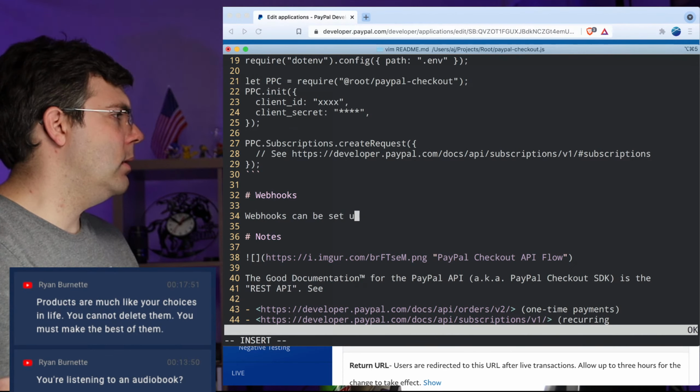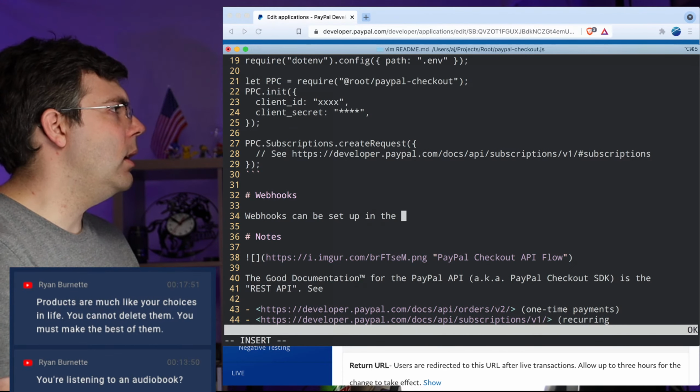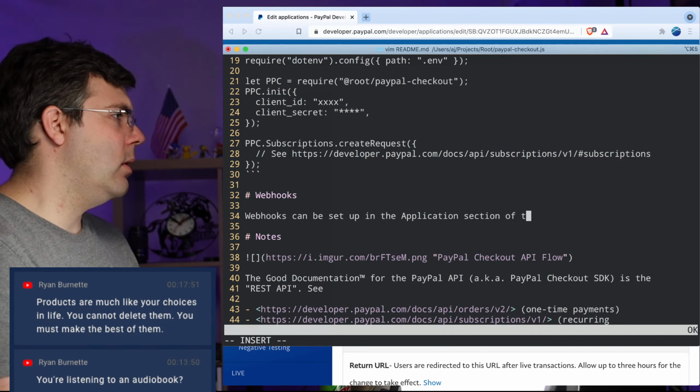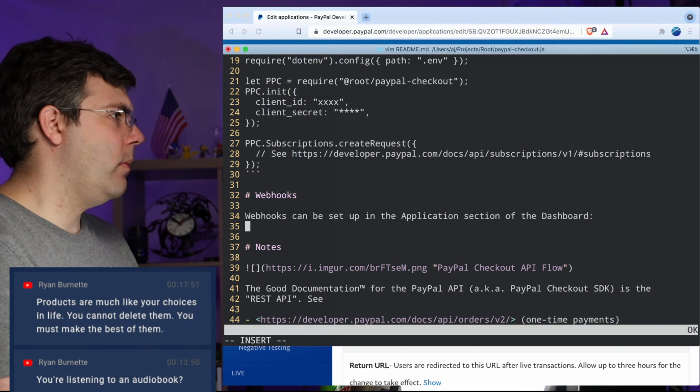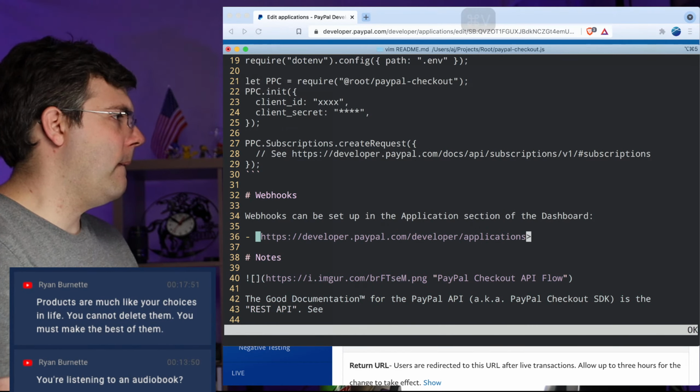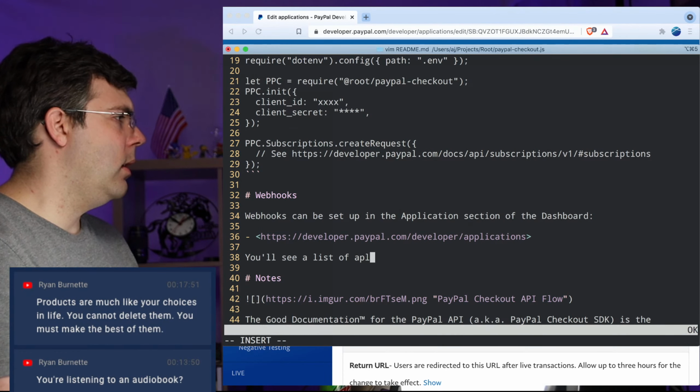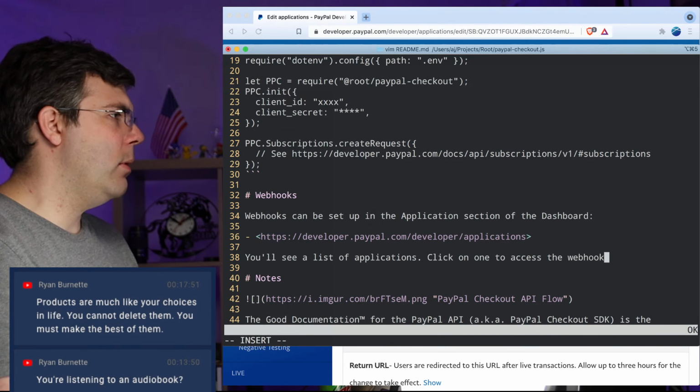Hooks can be set up in the applications section of the dashboard. Click on, you'll see a list of applications. Click on one to access the webhooks.